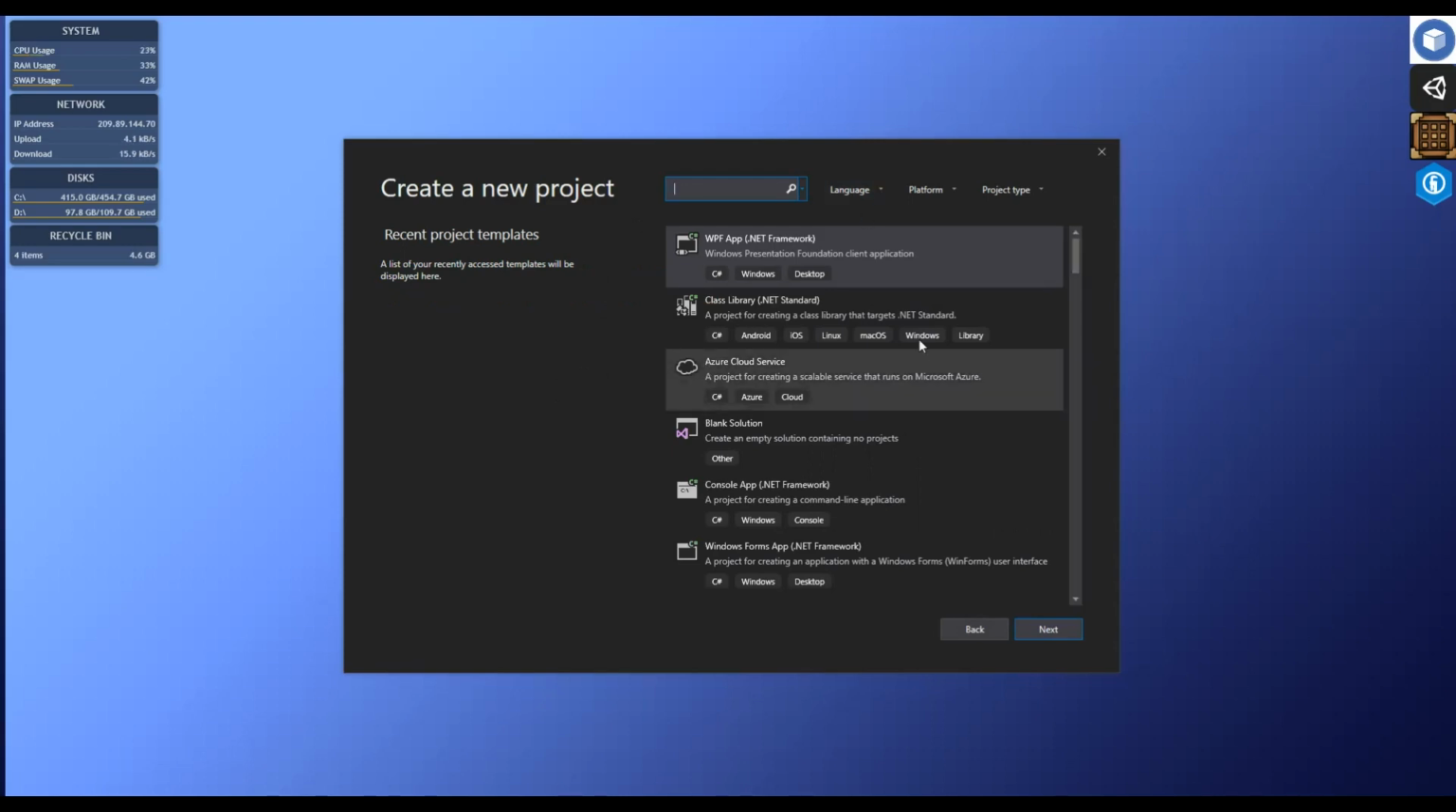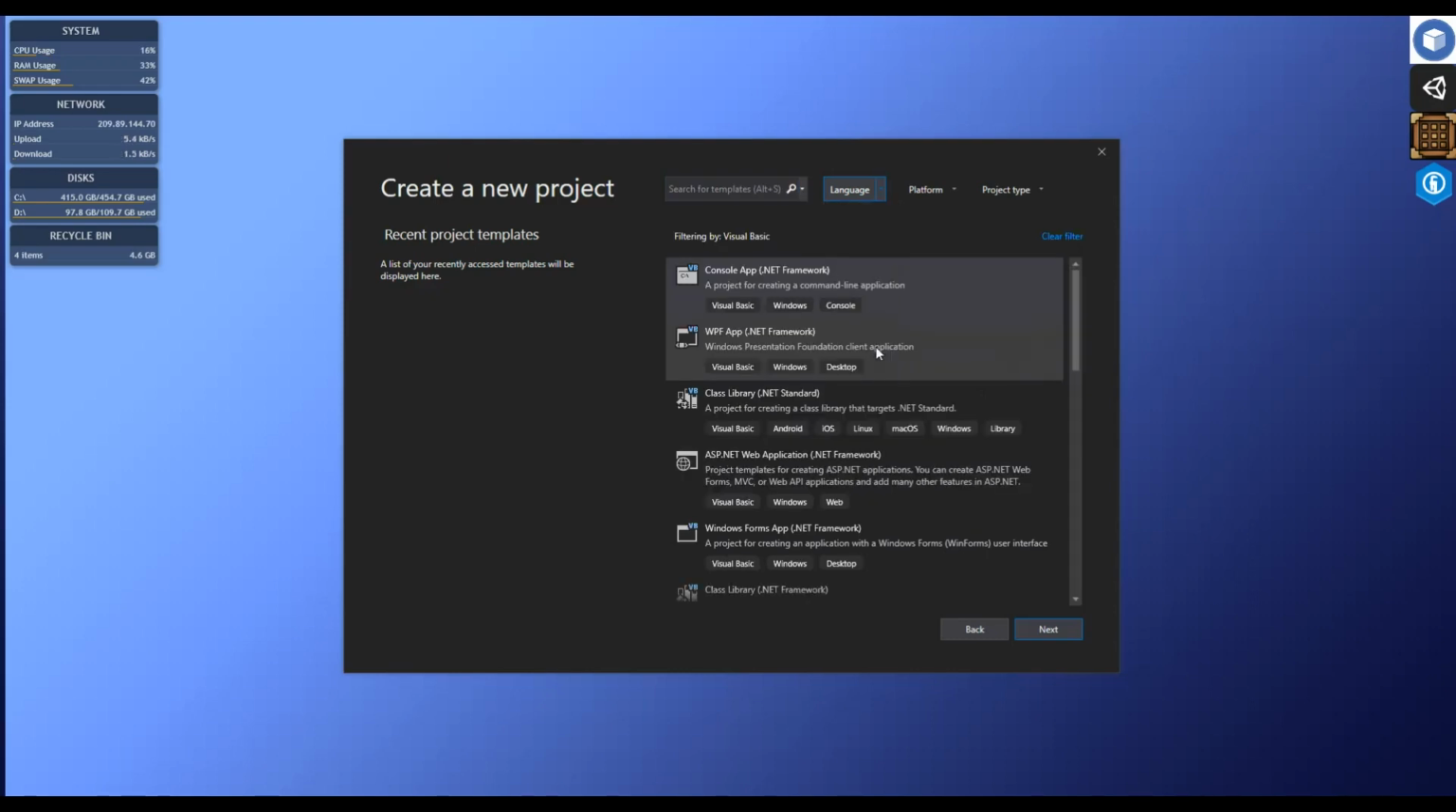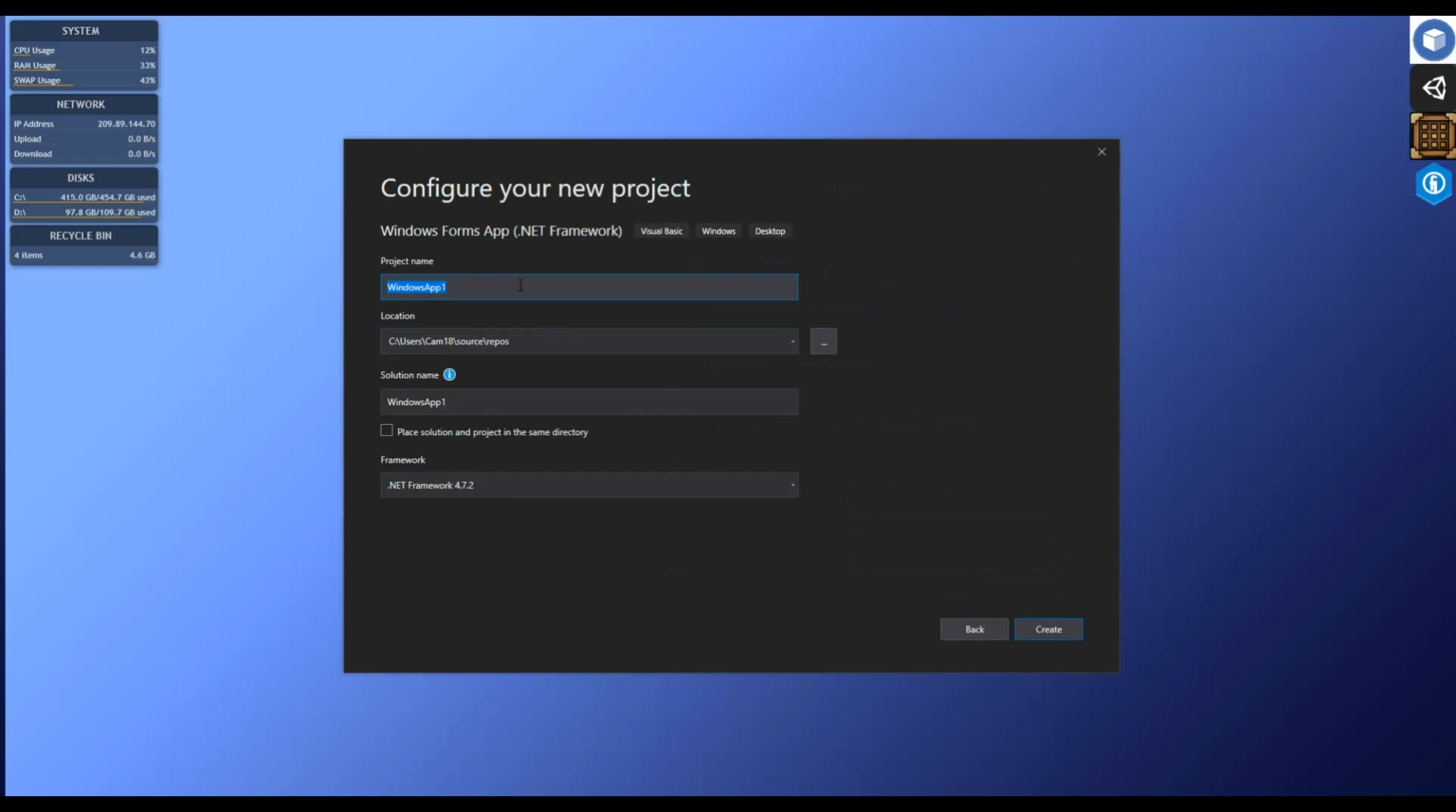So you're going to start a new project. You're going to go to language, go down to Visual Basic, and then you'll see Windows Forms App .NET Framework. So you're going to select that one, hit next, and then we're going to name it. What we're working towards with this project is a game launcher for my game that I'm creating. So we're going to call it game